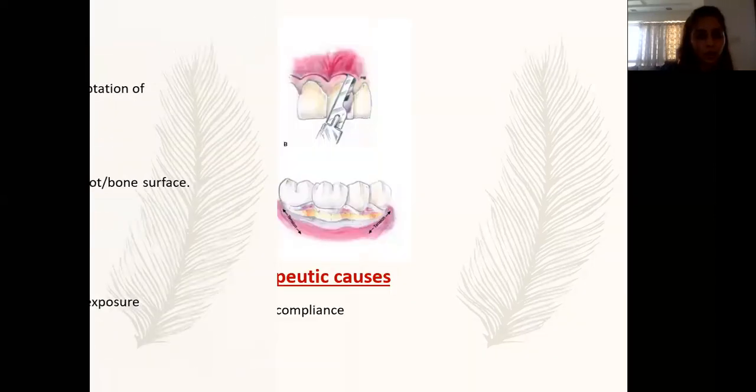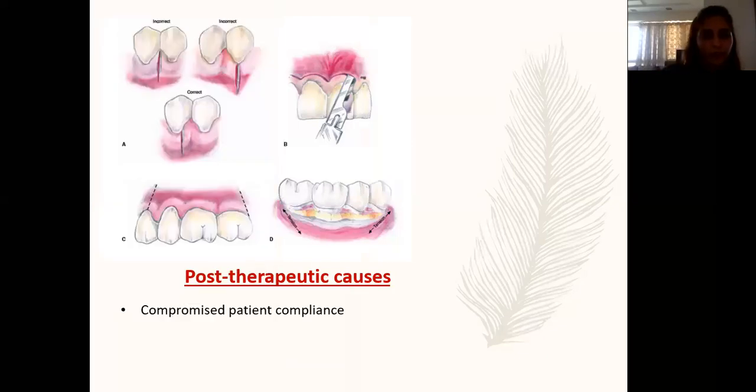Then there is the nature of your vertical releasing incisions, and flap perforation if you're not careful with your internal bevel. Also, the trapezoidal flap should be wider at the apex, at the base, and not at the gingival margin. Avoid an overzealous attempt to displace a flap which has not been given vertical incisions, and try to avoid tension, because a lot of tension would be suicidal for the life of the flap.